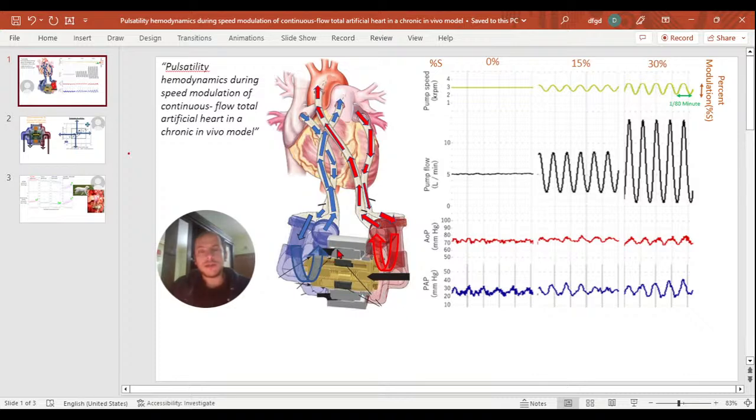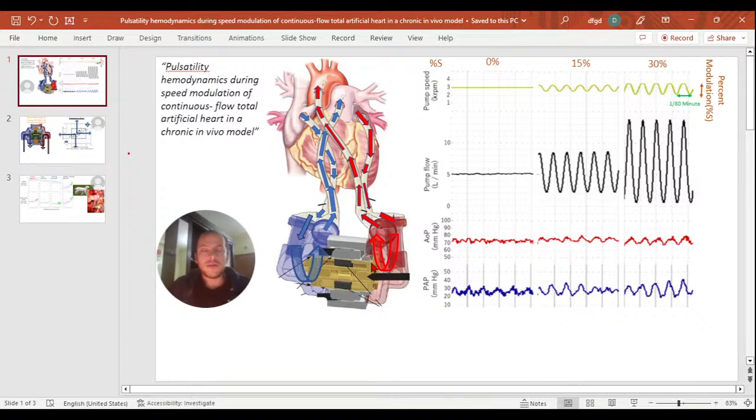So here we have a total artificial heart designed by Cleveland Clinic Foundation. Basically this heart is an electric motor right over here. And this electromotor works in two chambers, one on the right and one on the left, mimicking the normal human heart, which has a right chamber and a left chamber. So the right chamber pumps deoxygenated blood from the right atrium to the pulmonary artery, whereas the left chamber pumps oxygenated blood from the left atrium to the aorta.